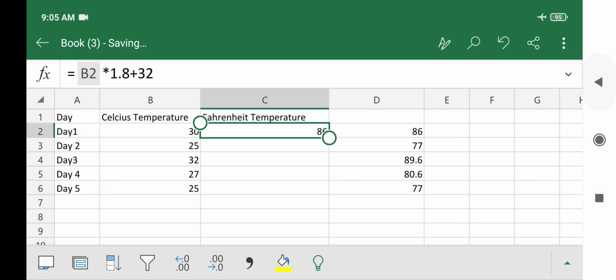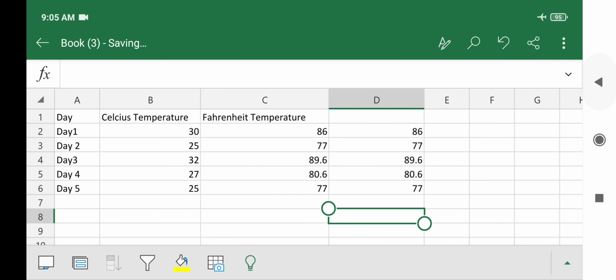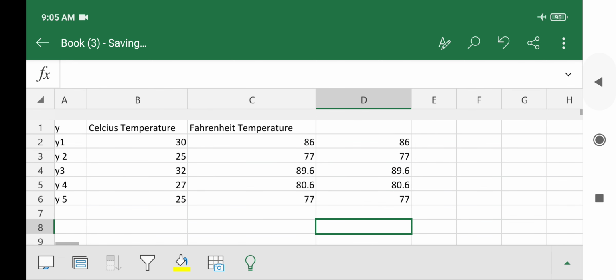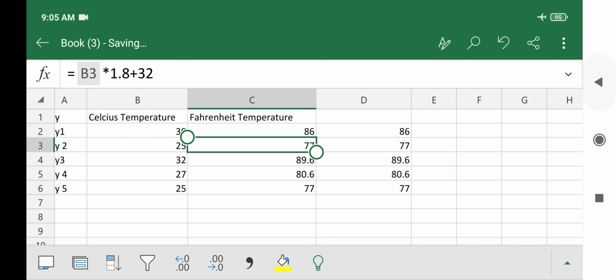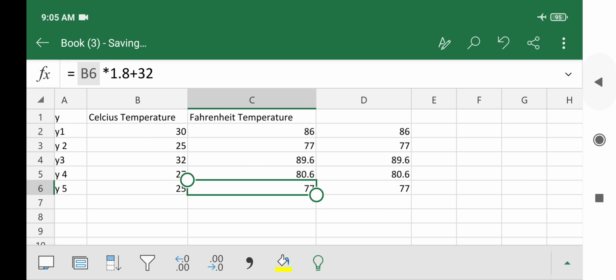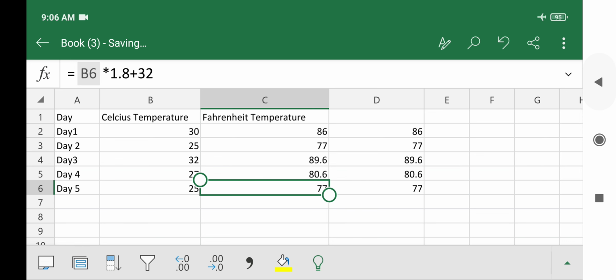Now select this one, go to the fill handle and drag. You can check that exactly the same formulas are generated in each cell. This part we did by manually writing every formula. This one we did using relative cell references. So understand how cell references work and how much easier it is to work with them. Thank you. I hope this laboratory practice session is helpful to you and you have understood everything.